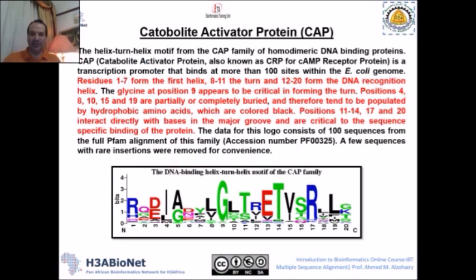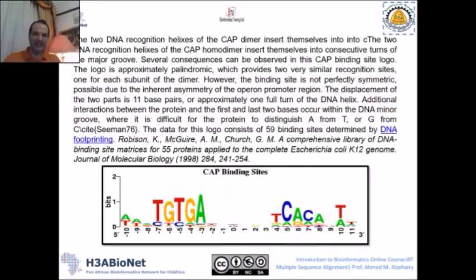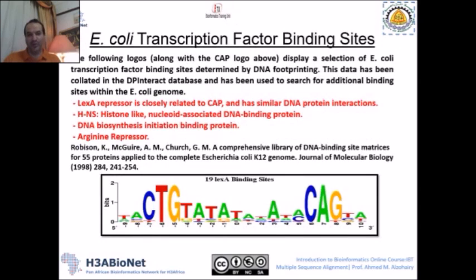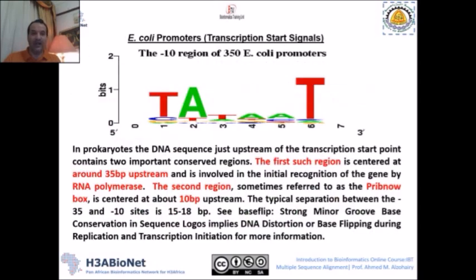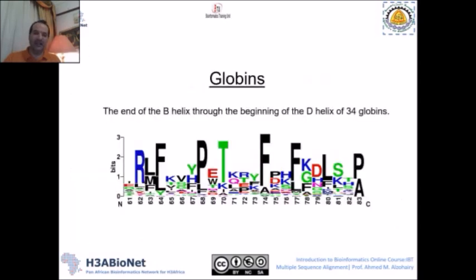A lot of examples. You can read these examples and see how they used WebLogo in interpreting conservation in DNA or in different proteins. These examples are really useful for someone who would like to understand